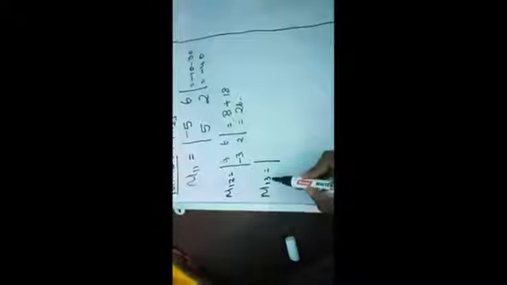Same thing, 1 3. 1 3 means first row third column, here the minus 2. Hide this column and this row, we will get 4 minus 5 minus 3 5. Take the determinant: 4 5s are 20, minus into minus plus 5 into 3 is 15, 20 minus 5 15, which gives 5.